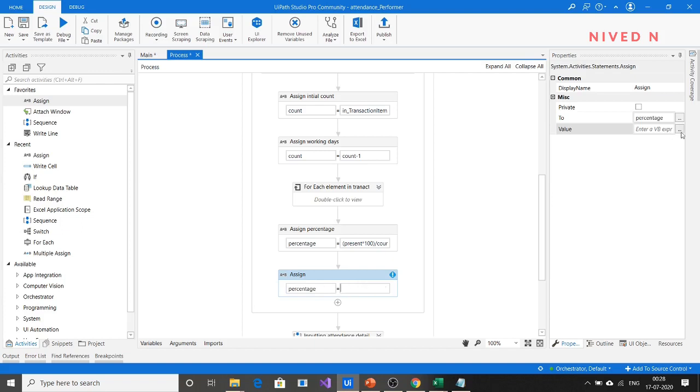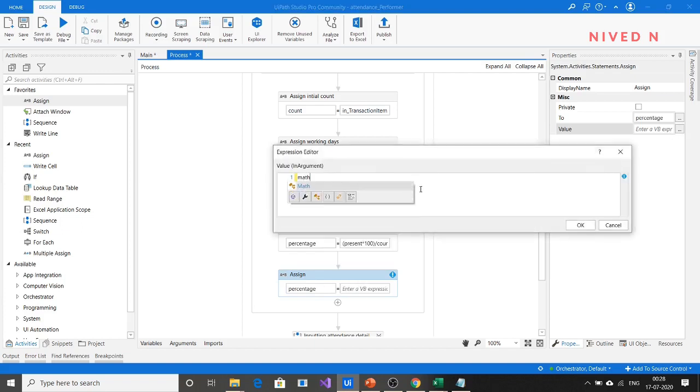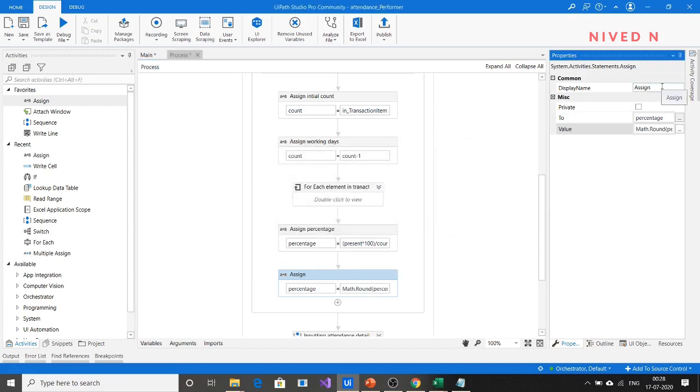Assign the value like this: Math.Round, specify percentage, comma, how many places we want to round to, 2 decimal places. That is what we have written here. So we can say assign 2 decimal places. Otherwise, it will be a big decimal that will be very boring to see.